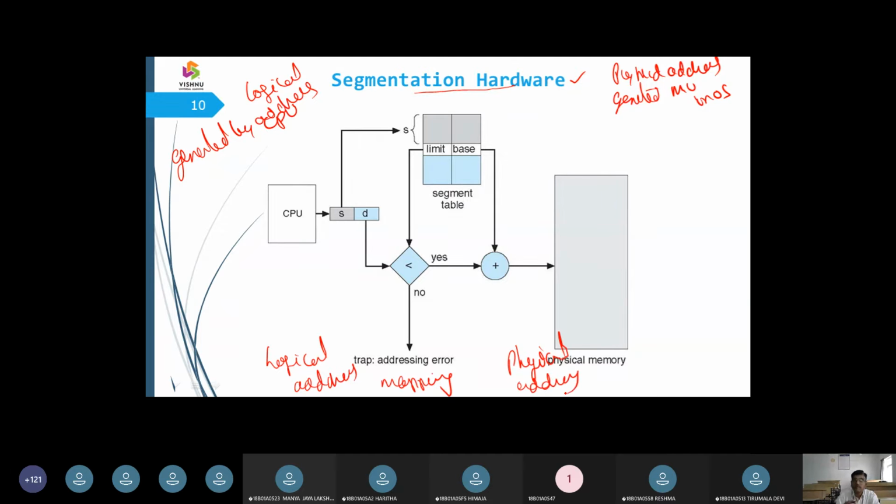So how is this mapping done? We need a mechanism that is verified against a segmentation table. Every segment has a base and a limit. Just now we talked about the segment base register, which is represented as the segment table base register. The segment limit is represented as the segment table limit register. So we represent the segments with a segment table base register and a segment table limit register.